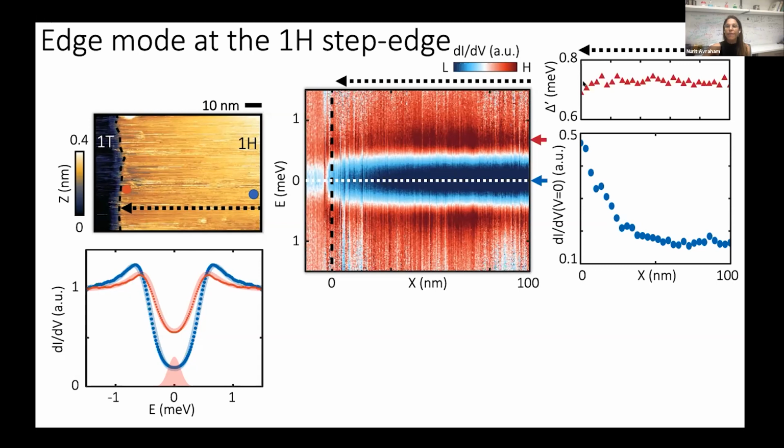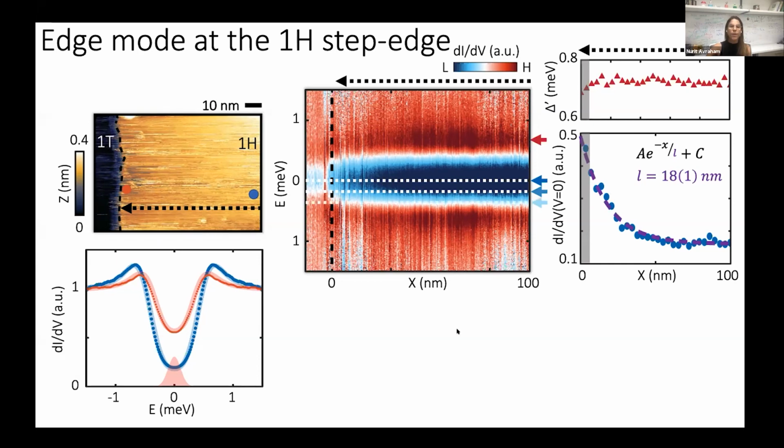down to the last few nanometer, and only at the last few nanometer it reduces a bit, whereas the density of state at the zero bias starts to increase at a much larger scale and reaches a very high density just at the edge, signifying the existence of this boundary mode at the edge. And we extracted a localization length, just by fitting an exponential fit, of 18 nanometer of this boundary mode that